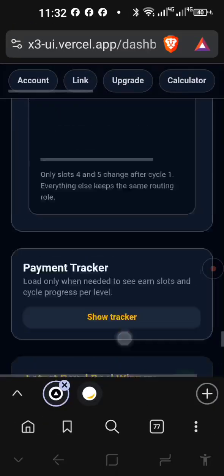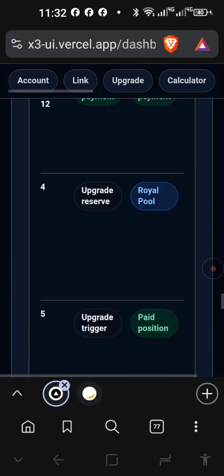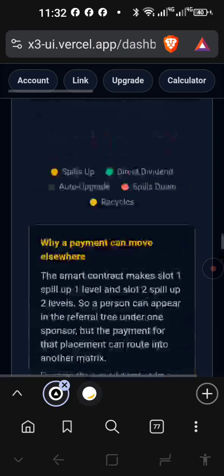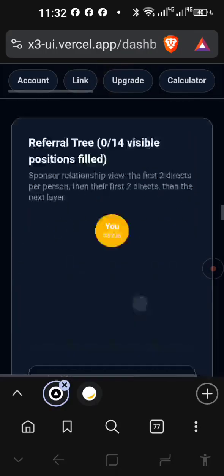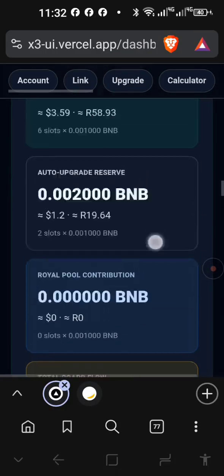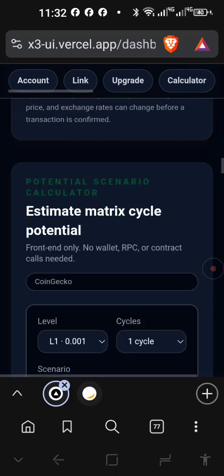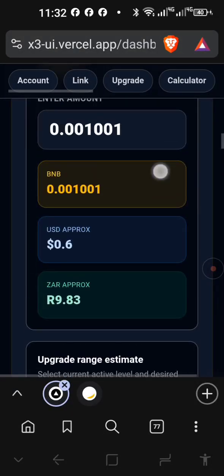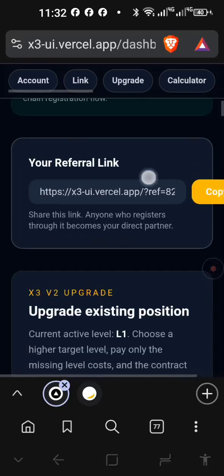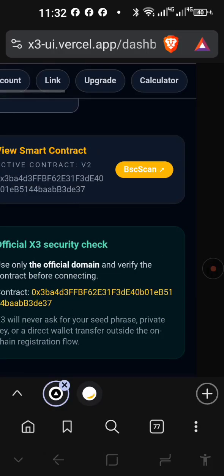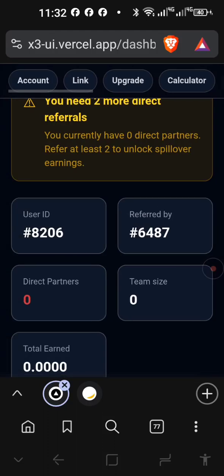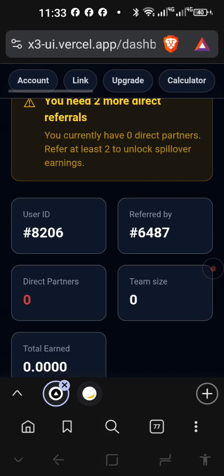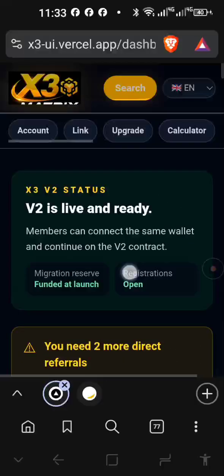because the activity differs each and every week, each and every day. Right, so this is what you will get in X3 Matrix, and there is no limit to the number of positions you can purchase or activate, and there's also no limit to the number of BNB that every position can benefit or earn from. So yeah, everything is here. If you have any questions, any concerns, any uncertainties, please reach out to me, and we will explain as best as possible.